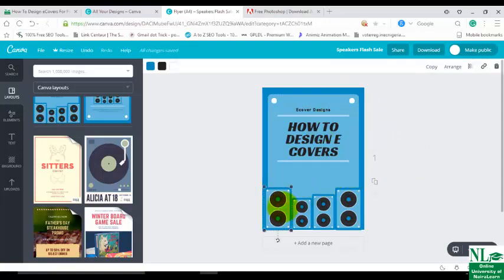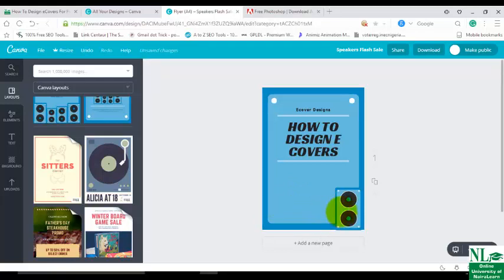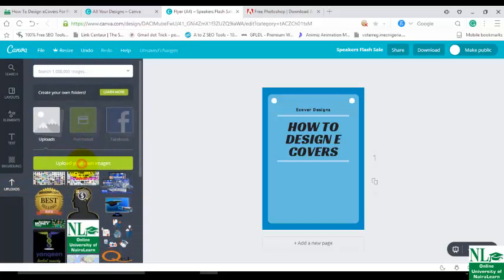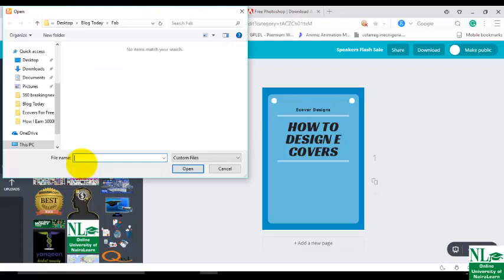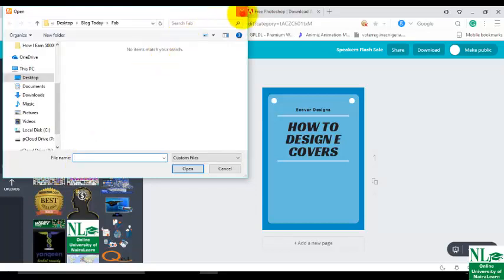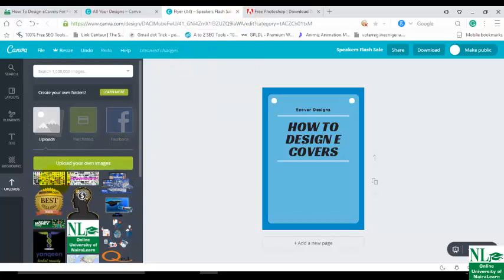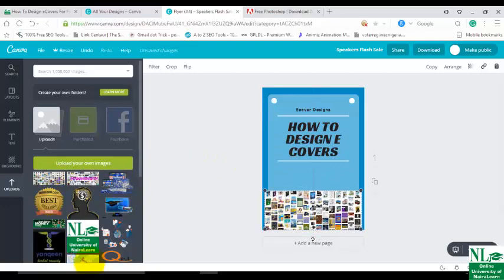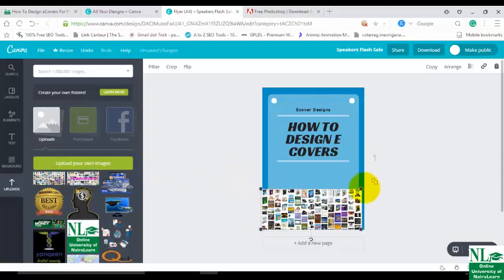So this is it. Now, if you don't like all these pictures, you can always remove them all. You can even import pictures. As you can see, if you click here, it says upload pictures. Then you click on upload your own image. Then you browse for an image from your computer and upload it into canva.com. I already have a picture that I would like to use. Let me click on this. It's up. So after uploading, you will have all your uploaded pictures. You just click on any of them. You're good to go. So I can expand this.